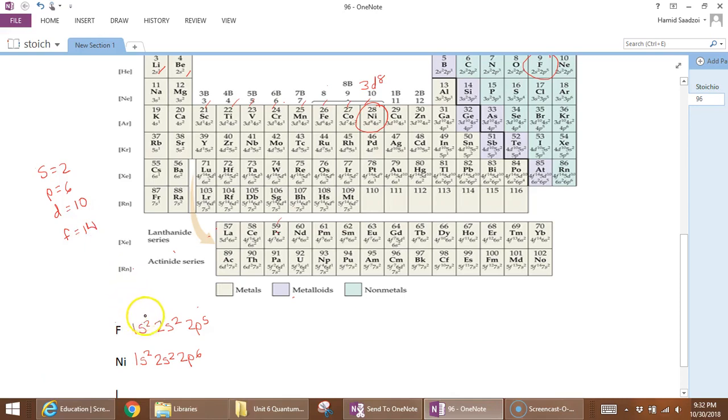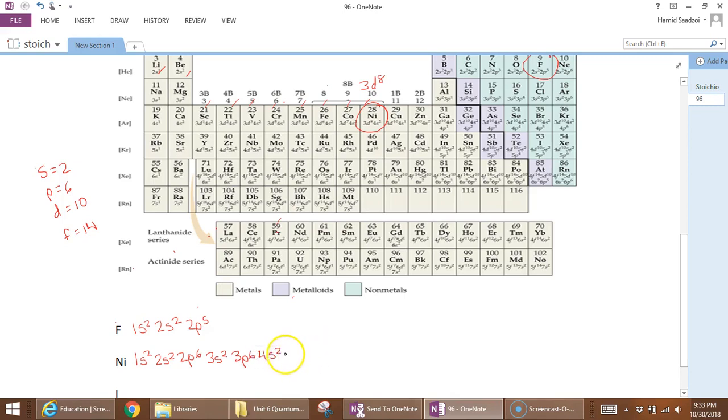In order to finish that letter, I have to max out the number of electrons that could exist there. That's why I'm going S2 and P6, because I have to fill this subshell before I go to the next one. So then I have 3s2, 3p6,